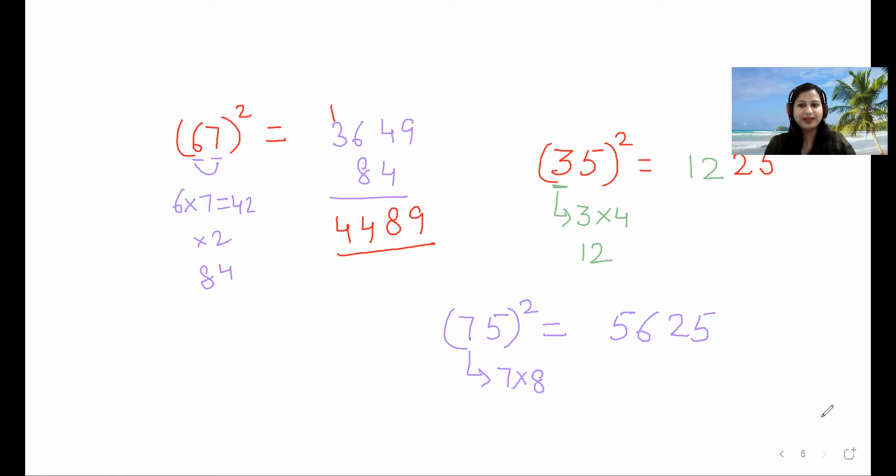Easy? Okay, so let's have a quick round with a mixing of numbers. Any number I give now, you need to write the answer by looking at the tricks. I'm giving a number randomly. It's 43 square. What you are going to see over here is the unit place. Unit place is 3. That means the trick would be the square of the ones place. Make sure you write 2 digits.